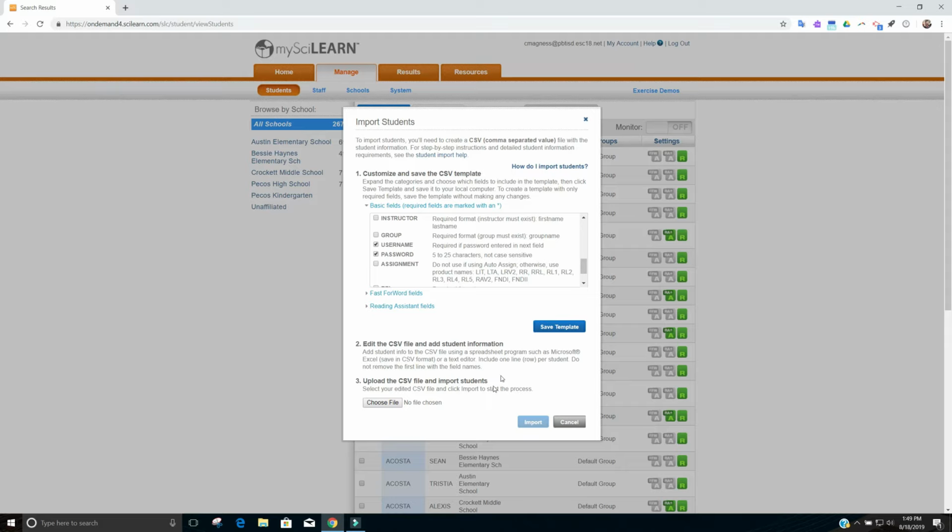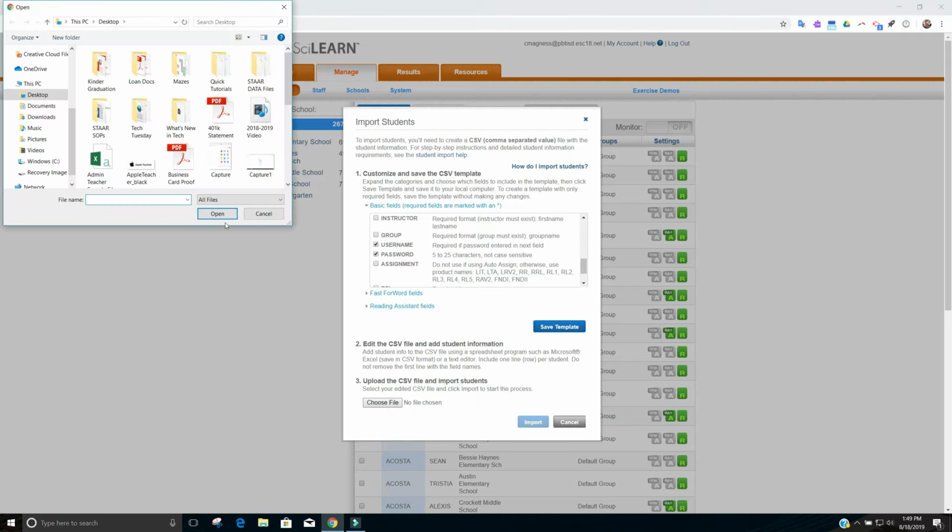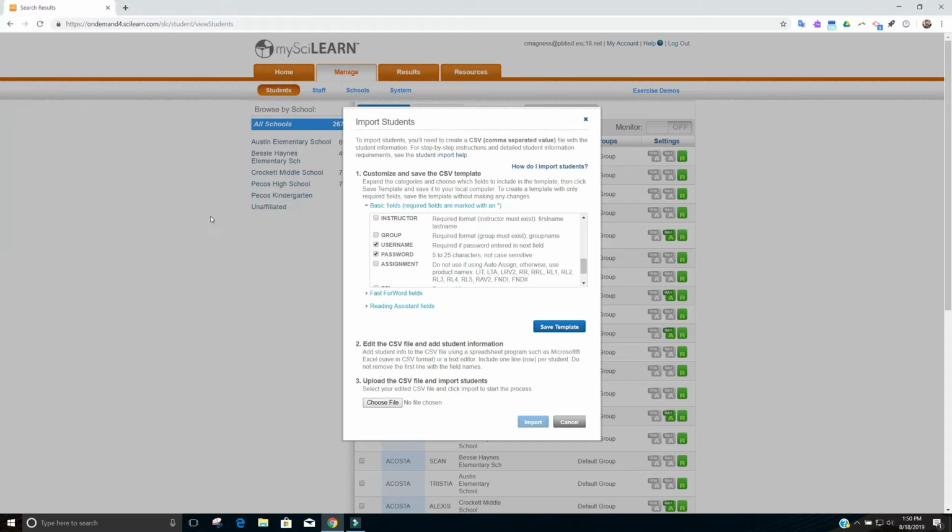the My SciLearn page, and now we can choose the file that we want to upload. So we hit choose file. We go back to our file browser window. You want to remember where you saved it and what you saved it as. So I remember I saved mine as test import. I hit open. Once you see that my file name is right here, I can hit import, and then the process will start